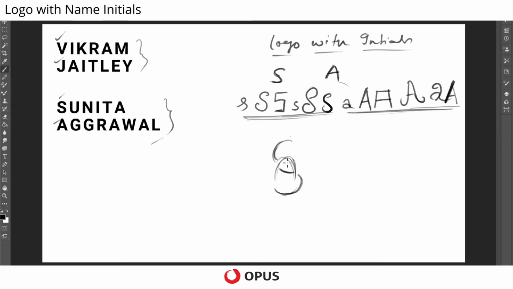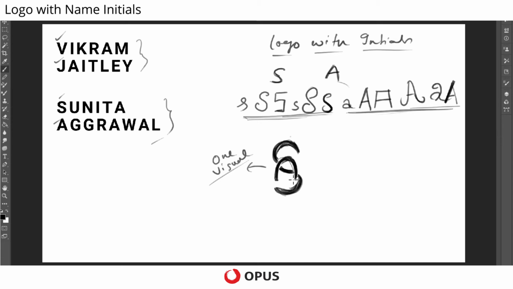So this portion and this portion and this portion as a whole is the part of the S, and this portion is the A. So as a whole it is becoming one visual by combining two letters,